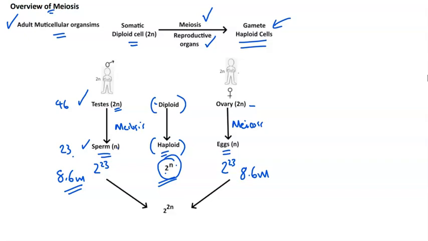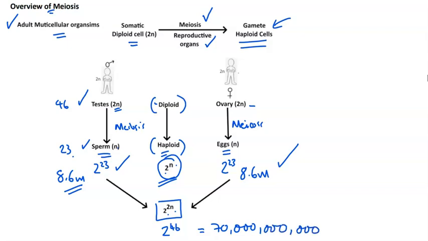And therefore, if any of these sperm cells can fertilize any of these egg cells in a kind of random fertilization process, then we can calculate the number of different zygotes at 2 to the power 2n. And if we apply that to humans, that's 2 to the 46, which I understand to be around 70 trillion different possible fertilized egg cells, or as we properly call them, zygotes. It's an incredible variety